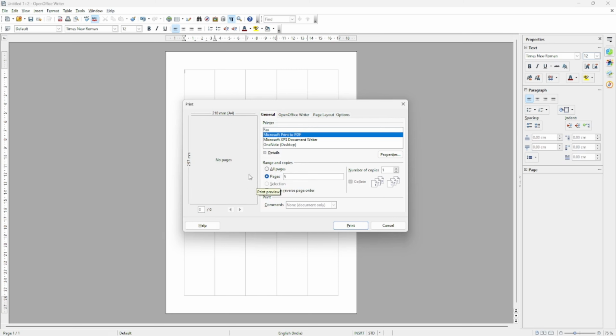Why is it showing no pages? Because there are not that many pages, that's why. Understood? And second, if I want to print from 5 to 10, then I will write 5-10 like this. Then pages 5 to 10 will all be printed, alright? And if I want to print, for example, only certain pages, then I will use commas: 5, 7, and 9. If I want only these 3 pages, I will use commas. Understood?